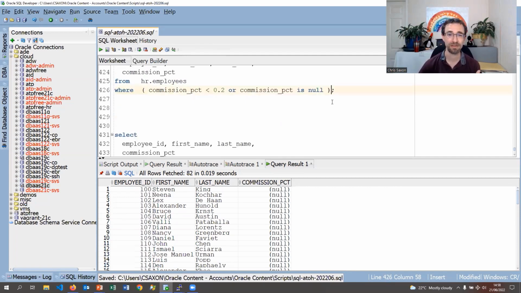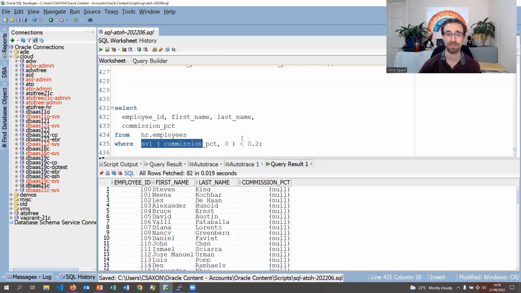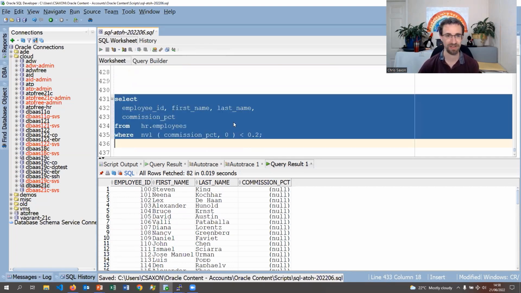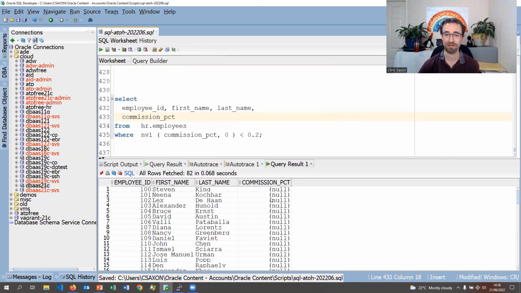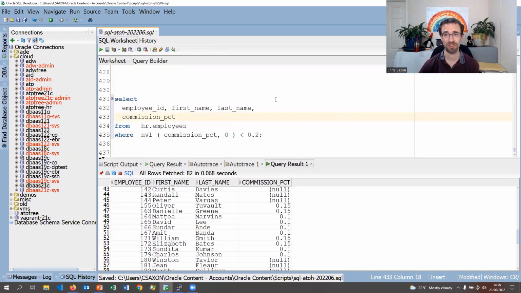So in those cases, you could do NVL like this. We could do NVL, and this does the same thing, maps that to null, so we get all those null value commissions. Or there is one final option,